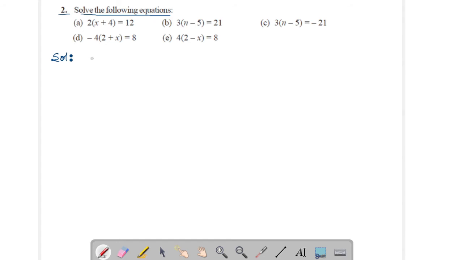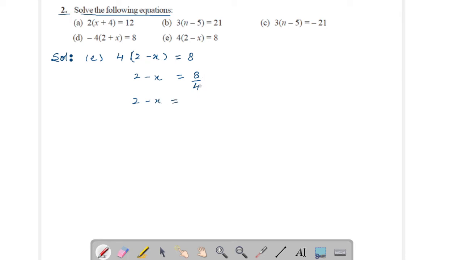Now come to E part. It is 4 within the bracket 2 minus x equal to 8. Here transpose 4 to right hand side. It will be divided. This can be written as 2 minus x equal to 8 upon 4. Simplify it. This can be written as 2 minus x